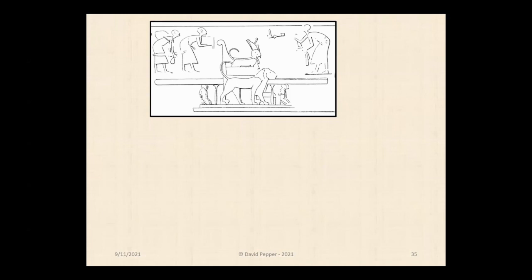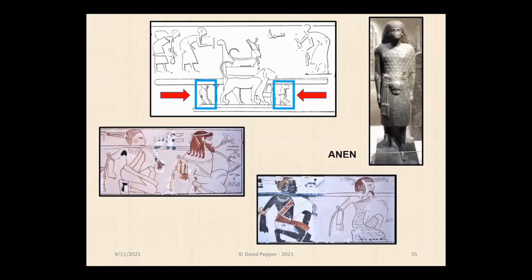Here's a close-up of one of the palanquins. Notice the poles are supported front and back by figures of bound foreign prisoners, like these shown in TT-120, the Gurna tomb of Anen, who's the brother of Queen Tiye, served under Amenhotep III as high priest in the Temple of the Moon. And he also bore the interesting title of Guardian of the Palanquin.